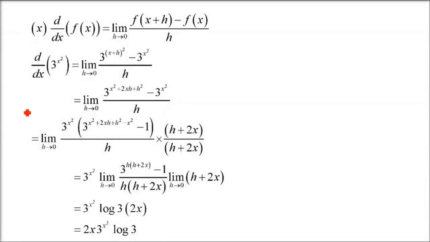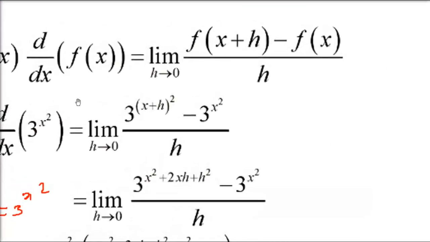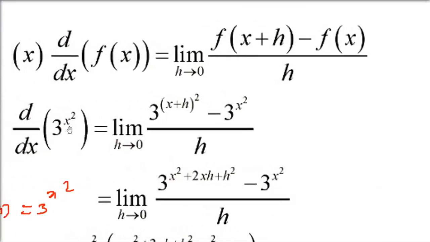Now we have f(x) as 3 raise x square. If you remember, we have already done a question like this, e raise x square plus 1, the sixth question, the first question we started just now. So same thing we are going to do like this. If you want, you can just refer to it also, but I'm going to show you here only. Wherever x is there, put x plus h. So 3 raise x plus h whole square, this is f(x plus h), minus f(x).